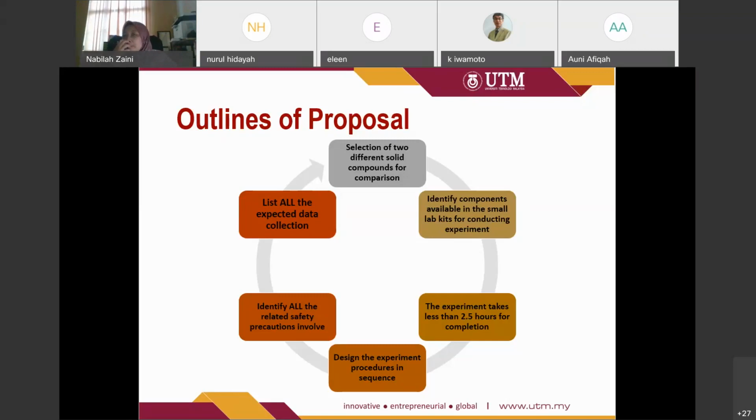You cannot use an incorrect procedure with an incorrect component. You can also find it through the internet or through YouTube: what is the purpose of this component and how to use it? It is important for you to design the experiment that takes place about